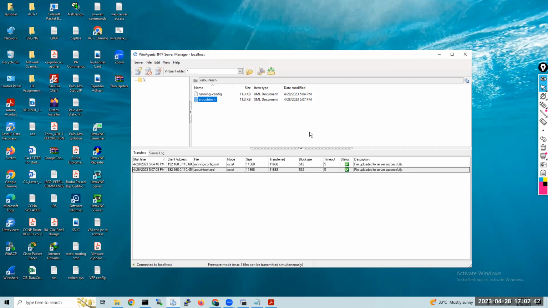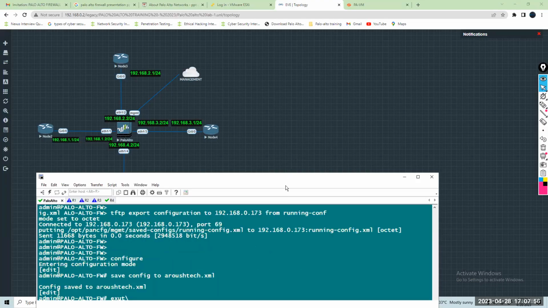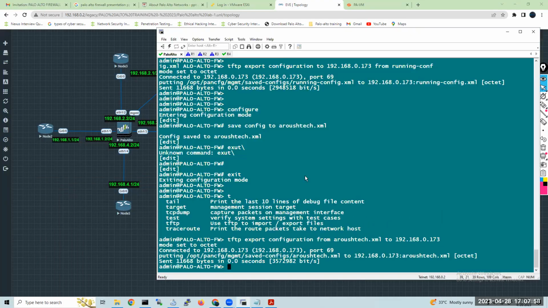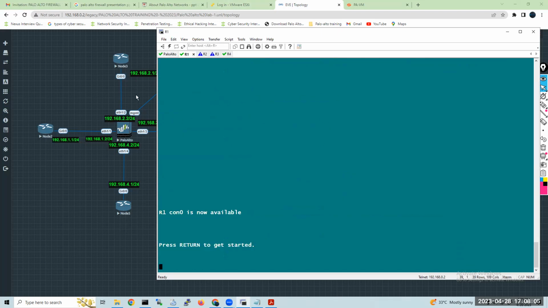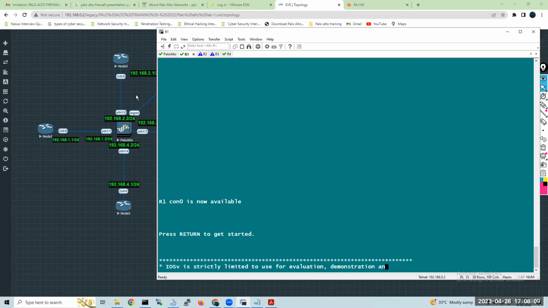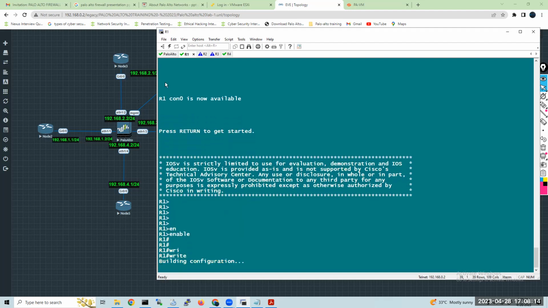I don't want to explain factory reset, like how we do it in mobile phones. We can do it in the Palo Alto Firewall also, because if you remove all these configurations in your Palo Alto Firewall, it will remove all the configuration we made till now. Again we can restore the configuration we have taken the backup of, and it will come back.